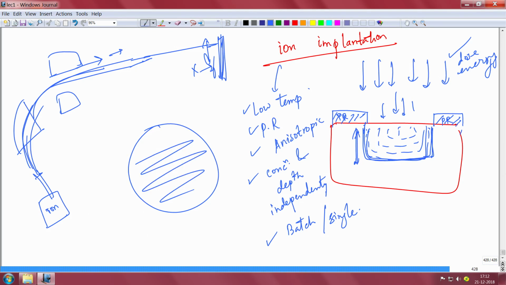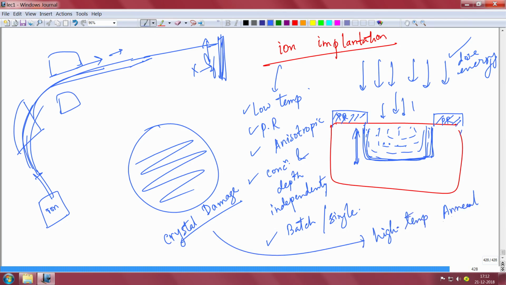But the disadvantage is that it is a high energy beam of ions that come, so there is some crystal damage. And all the ions that have fallen here, the phosphorus or boron, whatever you are doing, will all go and sit in the lattice site, and they might not get ionized. So, after the ion implantation is done, you have to do a high temperature anneal. You have to do a high temperature anneal to recover the crystal loss, and to make sure that all these dopant atoms that you have added like phosphorus or boron are activated, so they are able to donate or accept electrons now. You need to activate them, okay. It is also a very costly tool, with very high maintenance also. So, most of the academic institutes do not have an ion implanter, right.